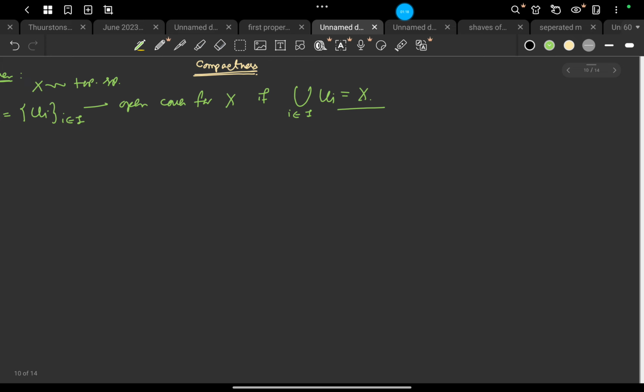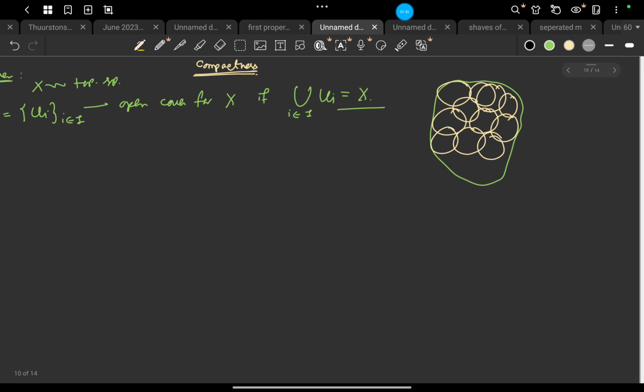that means suppose we have a topological space like this, one topological space, and I can have this kind of open sets like this. Okay, so each of these is basically a U_i. These are all U_i's. Okay,